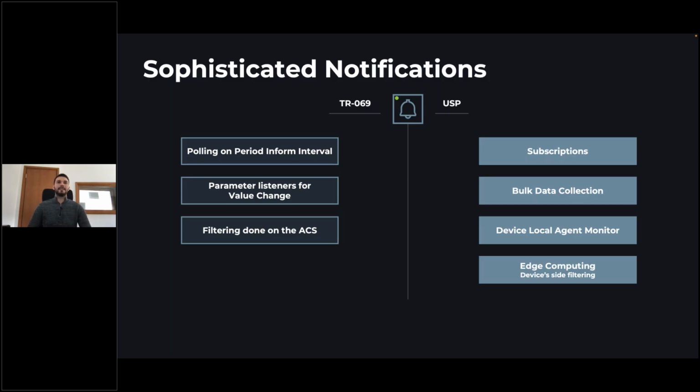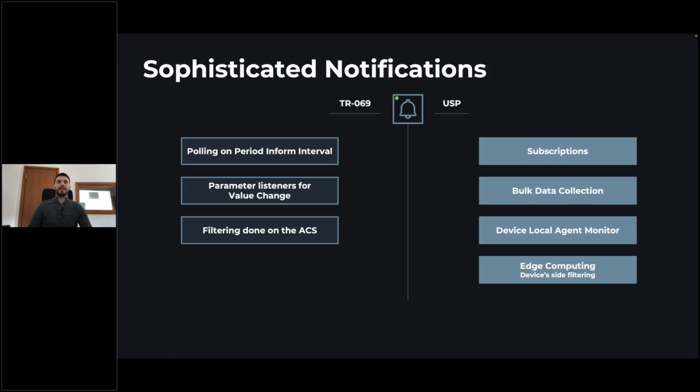How is monitoring done in TR-69? There are a couple of ways, but the most common way would be pulling the information from the device on a periodic inform. So we would set the device to send an inform every, let's say, 1 hour, 30 minutes, sometimes even less, 15 minutes, 5 minutes, and then we would request either a certain set of parameters or a single parameter, and then generate the KPIs based on this.